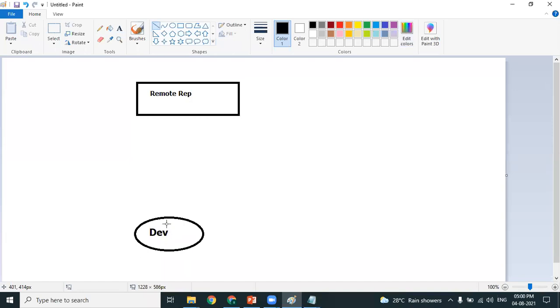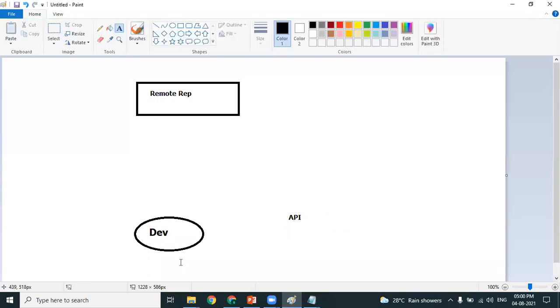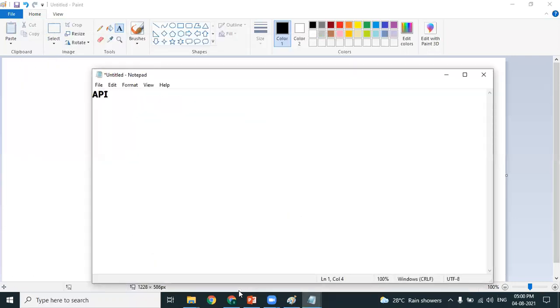Once the code development is completed, they upload the code into the remote repository. Now, as part of the developmental activity, developers use some APIs to satisfy the client requirements. So let's try to understand what we mean by APIs. I want to explain an important terminology called API.